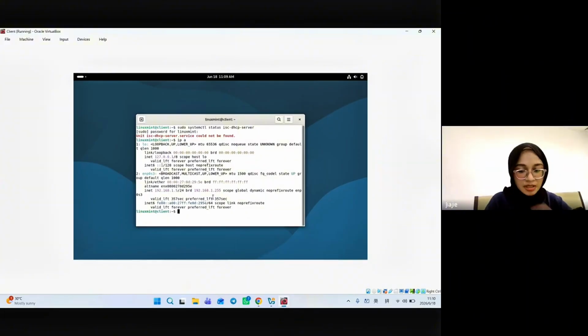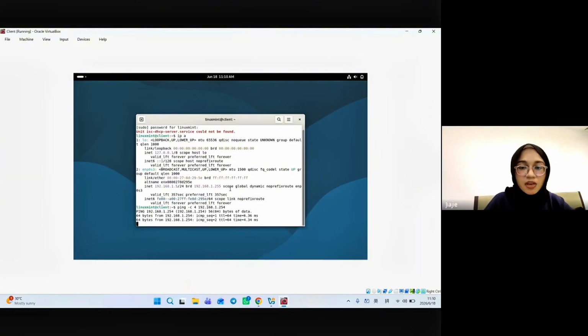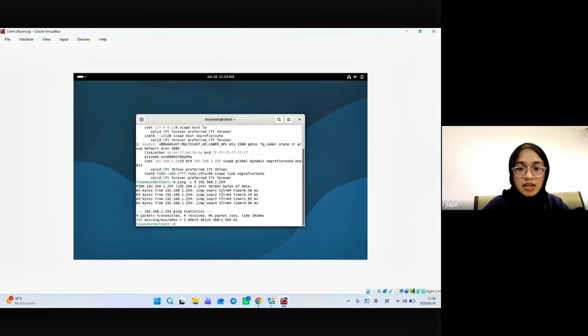Then we also ping this command, ping 192.168.1.254. Okay, we wait for this. These successful replies confirm the client, after getting the IP address, can communicate well with the server over the